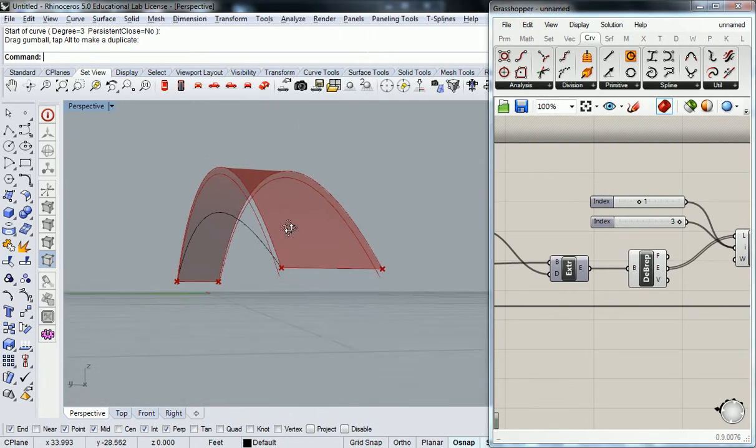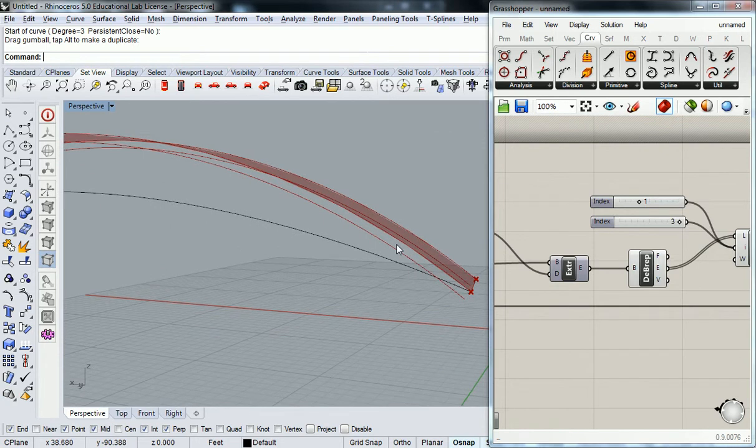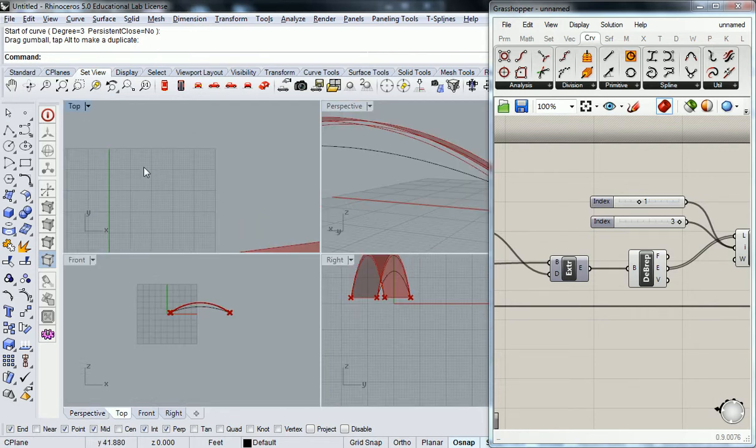So here in perspective, you see that it's actually taking those curves. Have you guys been introduced to offset yet? Oh, okay. Well, let me just get back into the top view real quick, and I'll give you a quick rundown. So if I draw a rectangle,